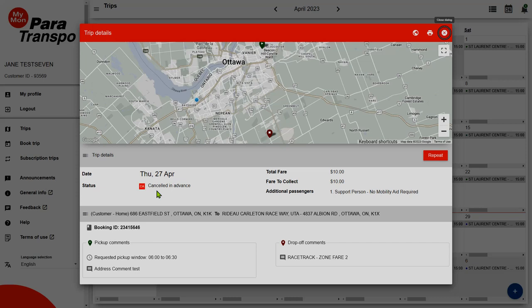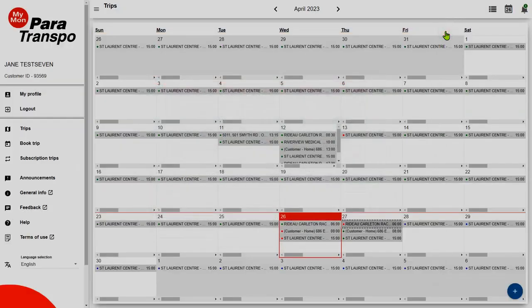Close the trip details window and return to the trips view. Ensure the trip shows as canceled. Canceled trips will display with a red dot that announces as canceled in advance or canceled late, depending on when